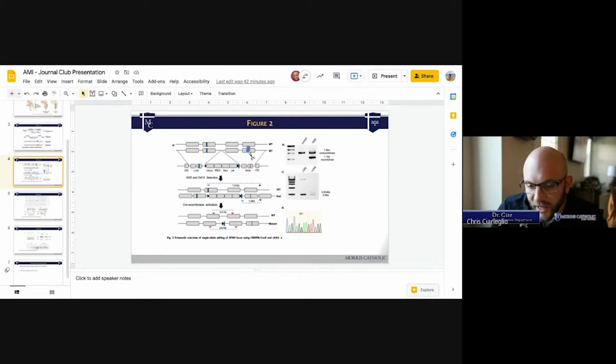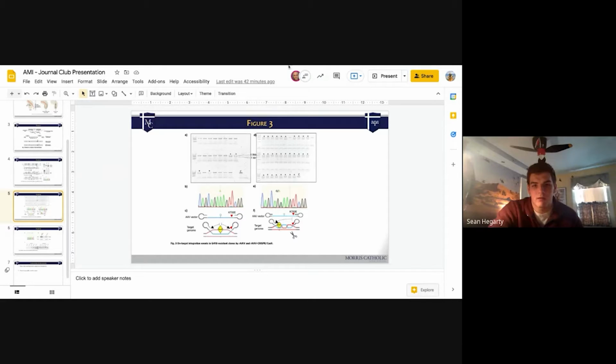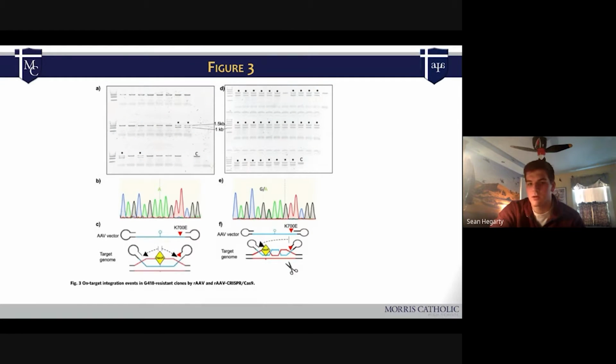But the important thing here is that the result of C is what happens in D, which Sean can't really tell you what that is until a later figure because they did such a bad job labeling it. So, Sean, go ahead and jump to the next one. I think this one's probably the most important figure. Hit present, Sean. Yeah, that's better. Okay, in figure 3, they show the